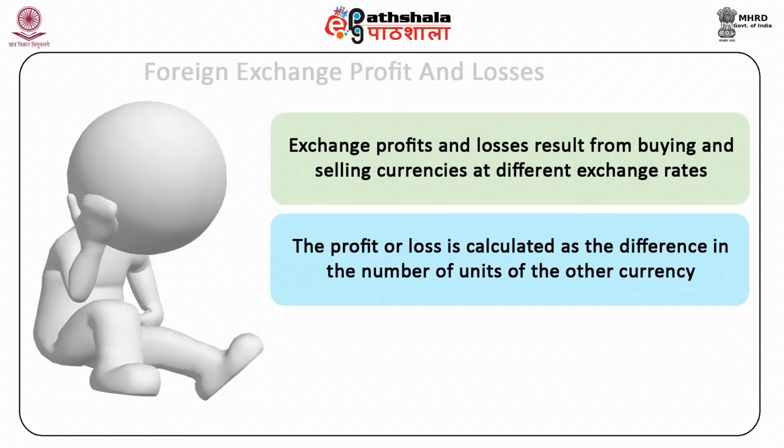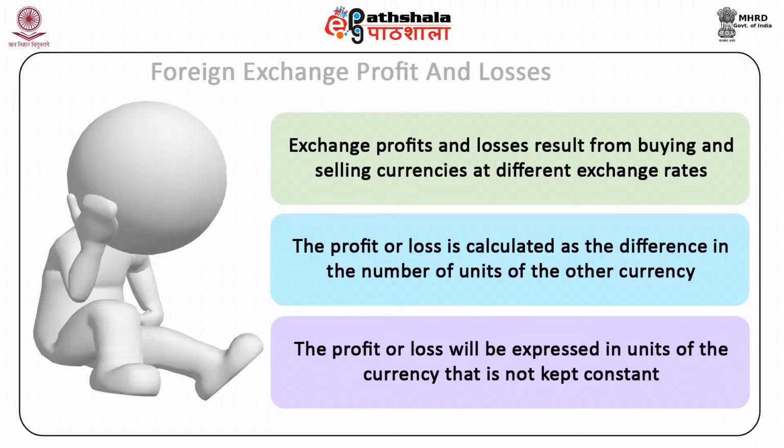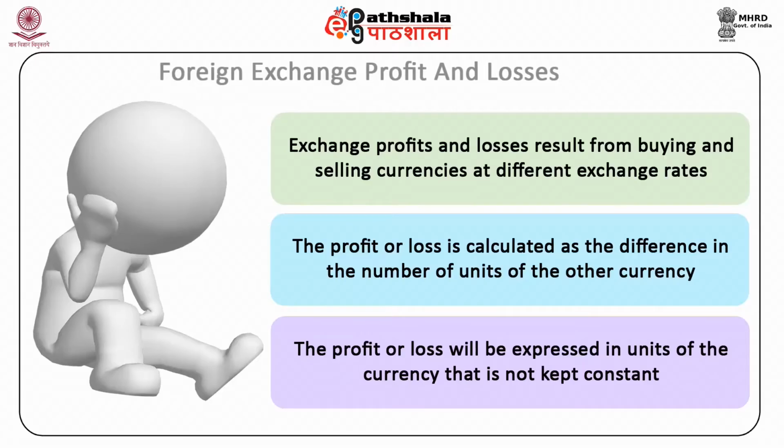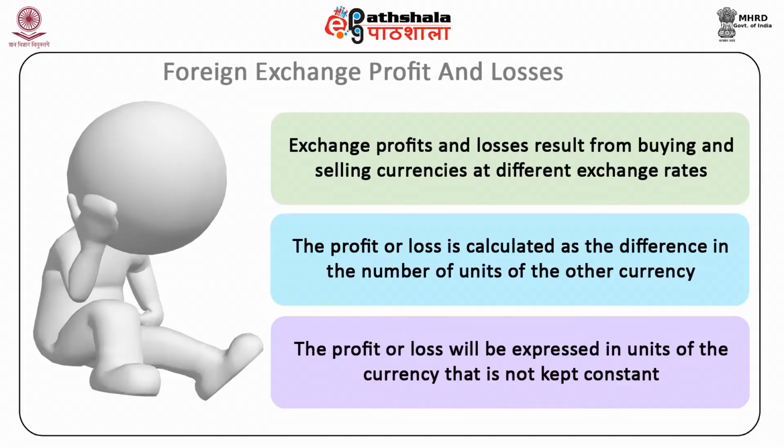Consequently, the method of calculating exchange profits and losses varies depending on whether the commodity currency or the terms currency is kept constant. The profit or loss will be expressed in units of the currency that is not kept constant. Calculate the profit when 10,000 pounds sterling are purchased at a rate of 1 pound sterling equals 1.4450 US dollar and sold at a rate of 1 pound sterling equals